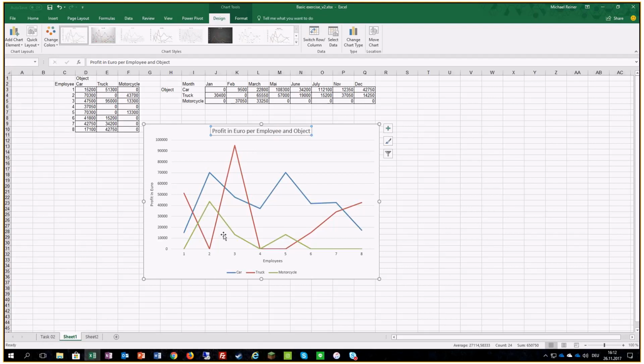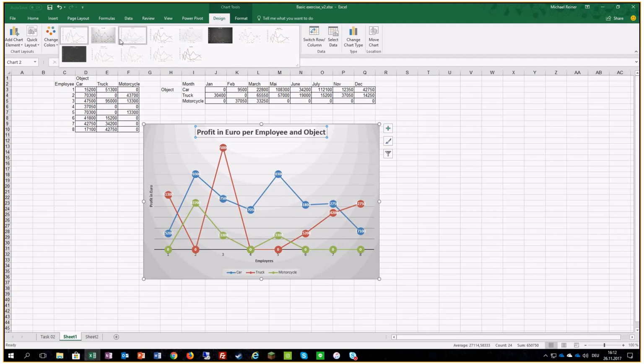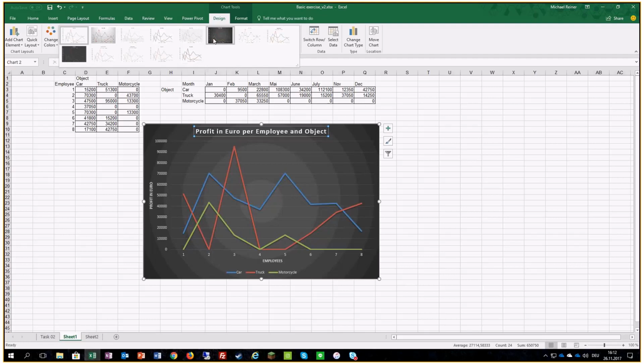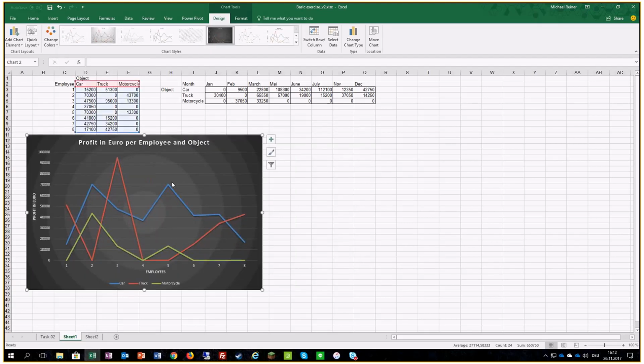That makes it much more readable, and of course we can now play around with some of the templates. Whatever template you take, make sure that you understand whether it improves the readability or not. In most cases it looks nice, but the question is if it can be read better. Of course, it's easier nowadays to achieve such a nice chart, and it looks kind of nice, and you can